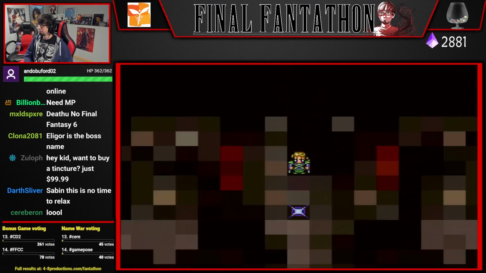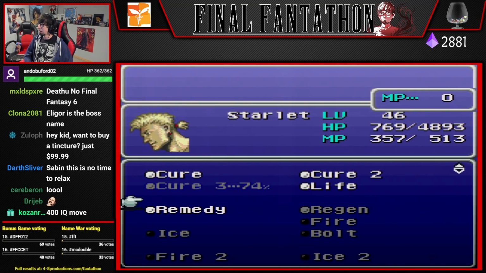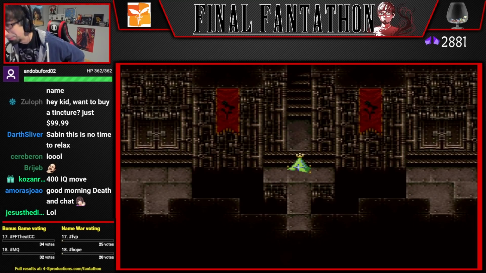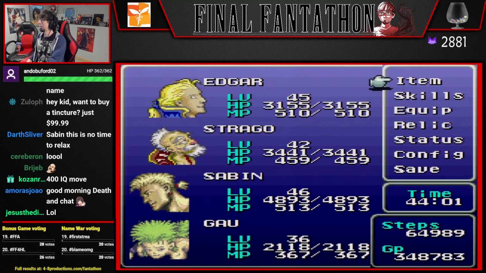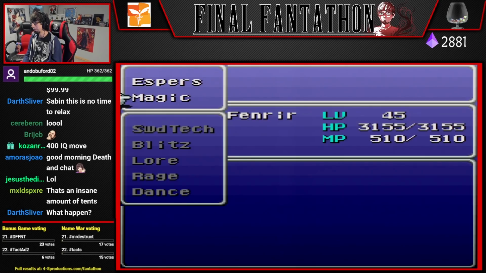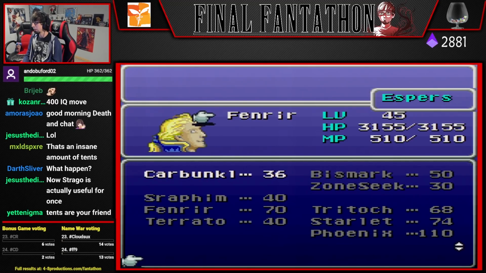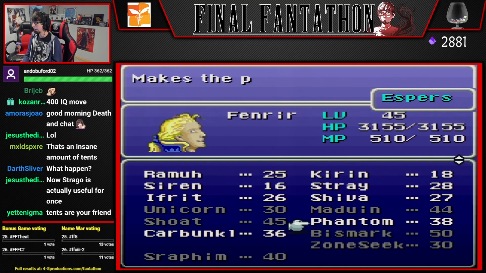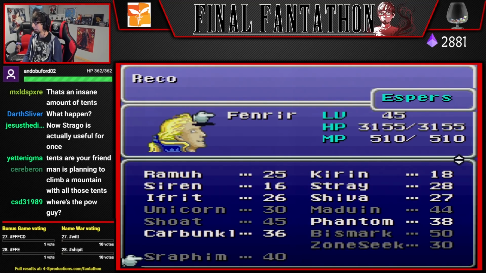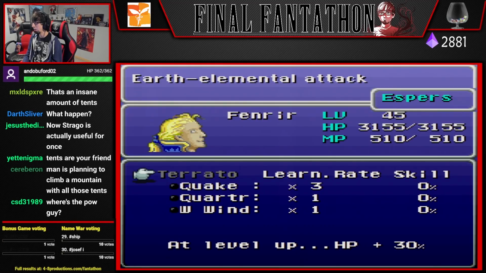Also, I learned level 5 Doom. How many tents? I know I bought a lot of tents, yeah. Good thing I bought all these tents. I'm gonna need them. Alright, so... You have Fenrir. You need to get off of Fenrir. You need to learn, like... Quake, Quarter, White Wind...